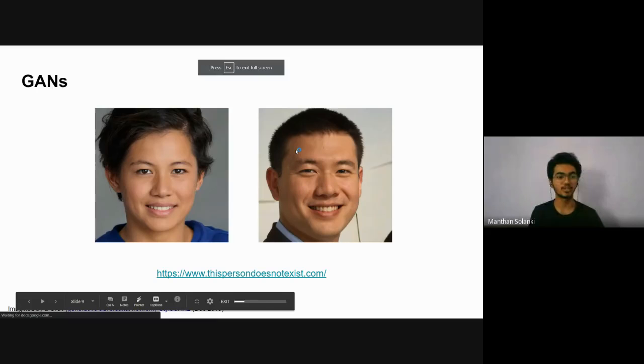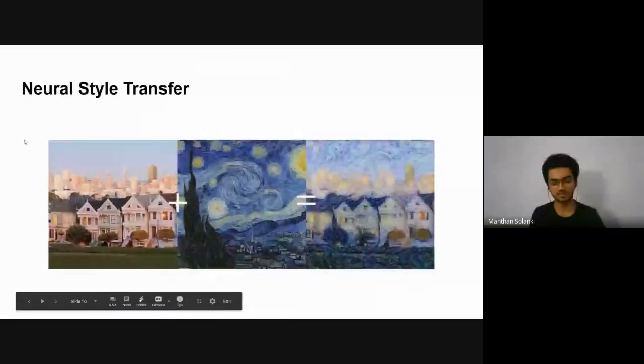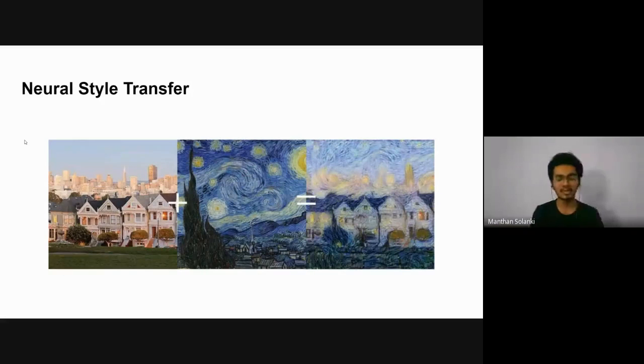And the next application is neural style transfer. Neural style transfer is an optimization technique used to take two images. The first is my content image, the second is my style image, and it blends them together in such a way that it looks like my content image but painted with the help of my style image. So here is the famous painting, Starry Night.